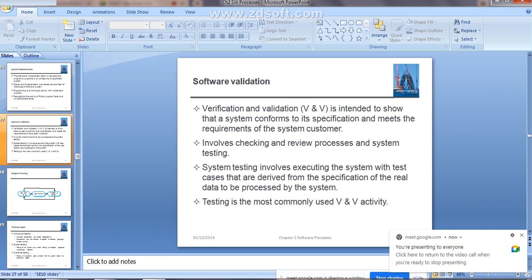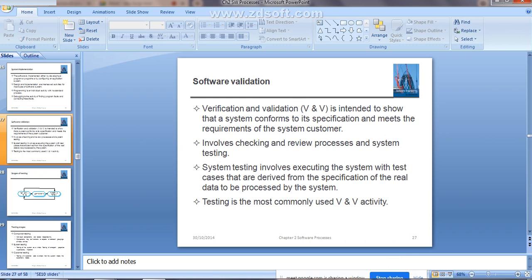The name itself indicates it. Verification and validation is intended to show that the system conforms to its specification and meets the requirements of the system customer, right. Whatever system you have developed now, whether it is meeting all the customer requirements you gathered at the starting itself, whether it is meeting all those specifications or not, that you are checking here.